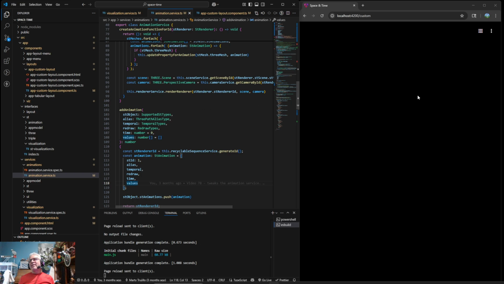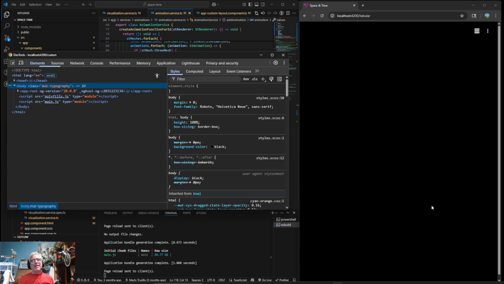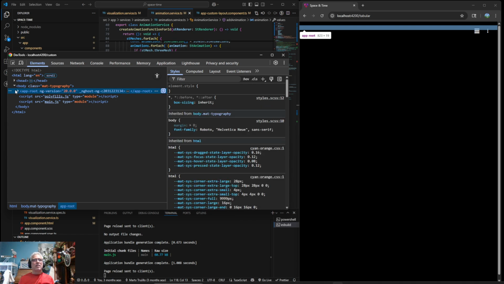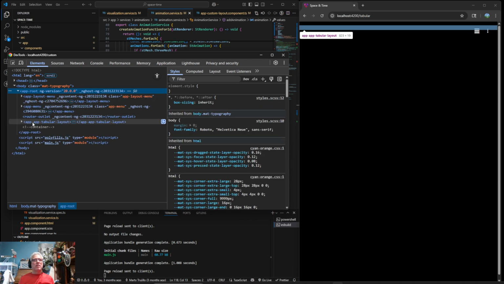All right, so I think the next weird thing is like this. Like why do we have the scroll bars? And I'm guessing it's because, let's see, app tabular layout.